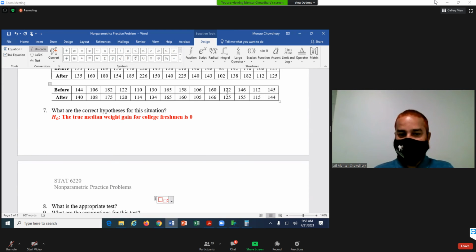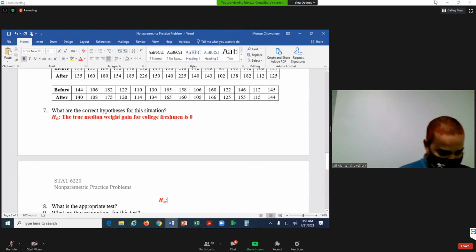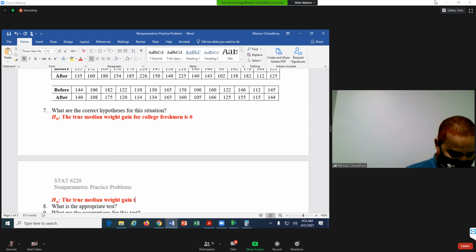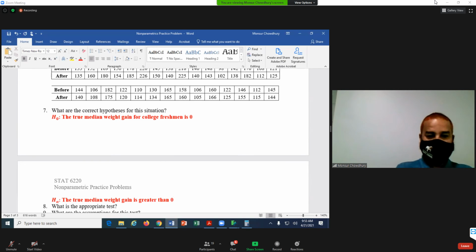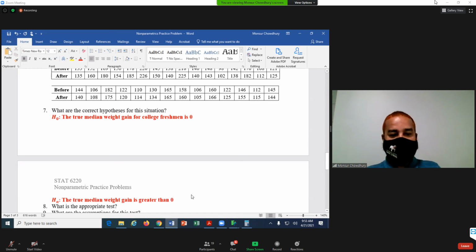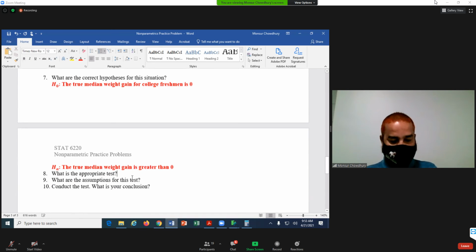Is that clear? So that's what you have to know, what should be your alternative based on the questions. HA: the true median weight gain is greater than 0. Okay, so this is our null hypothesis, this is our alternative hypothesis.